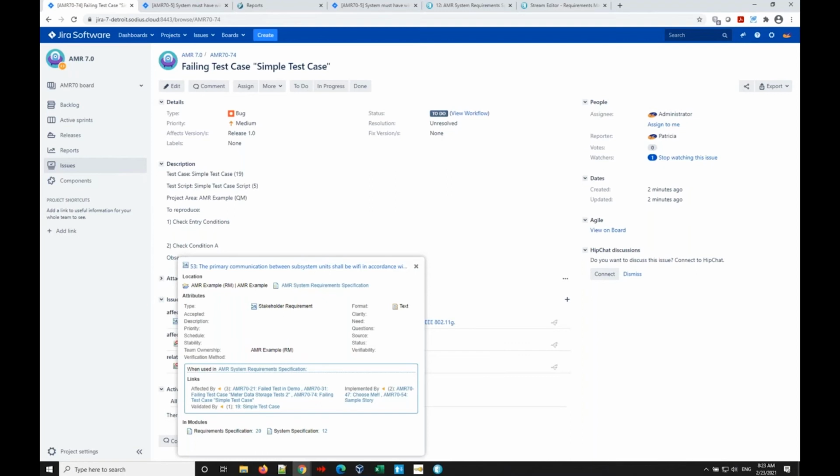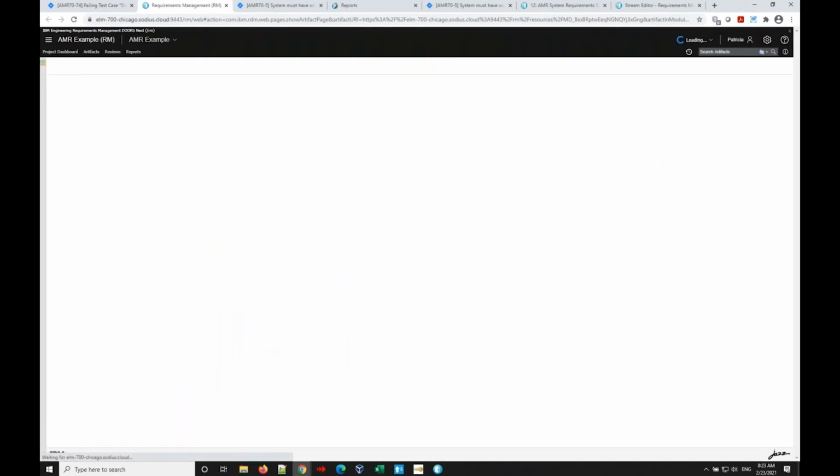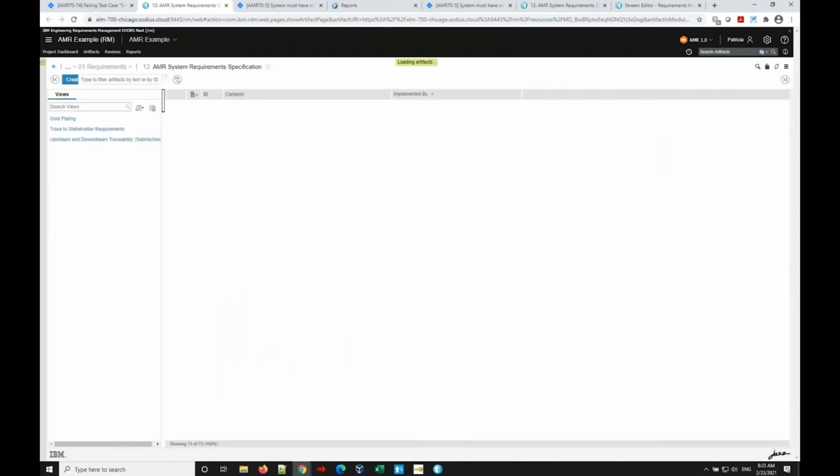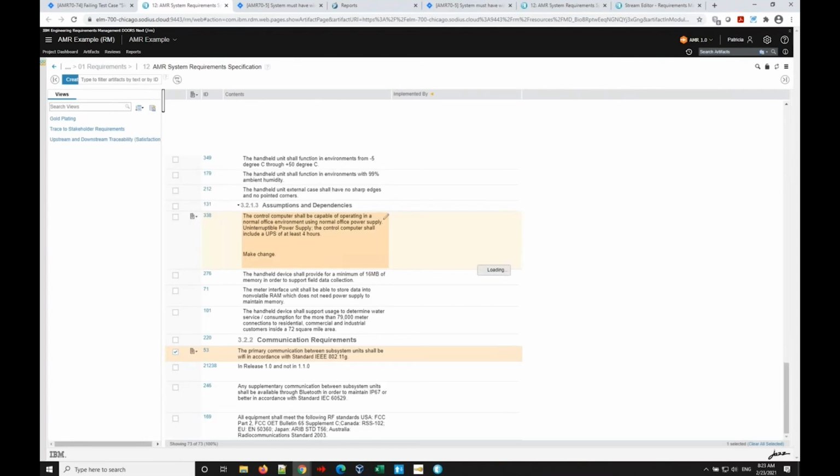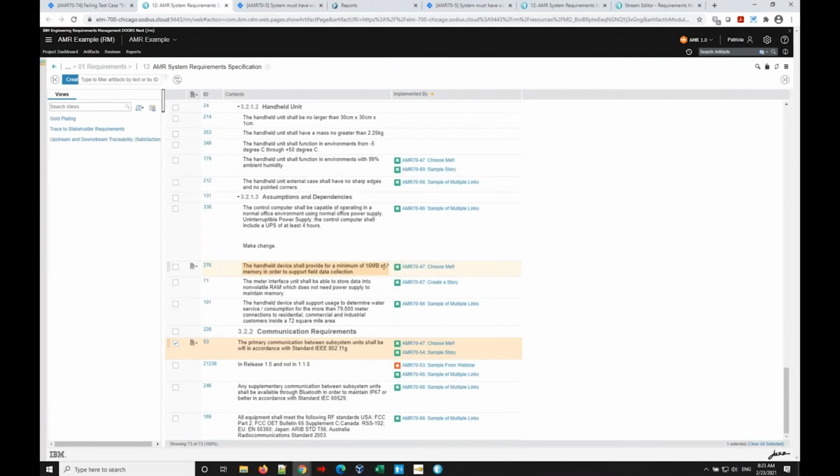So somebody who's in Jira is going to be able to see this information and have knowledge of what's actually going on. So it's a nice way to have that. And in fact, just like what we did before, if somebody wanted to navigate over into my DOORS Next environment, I can just do it by clicking that button. I'm going to navigate over to that artifact within DOORS Next, and lo and behold, you're going to have access